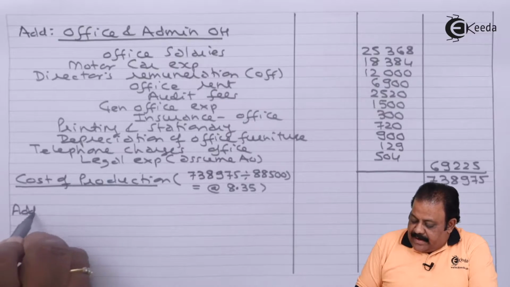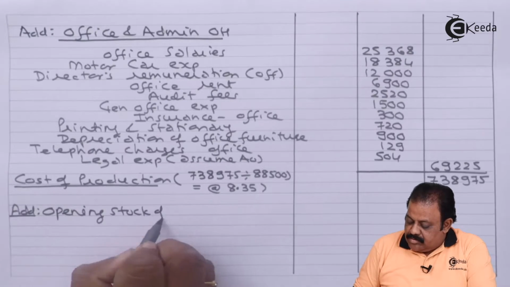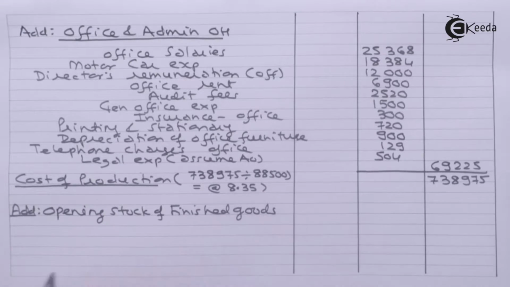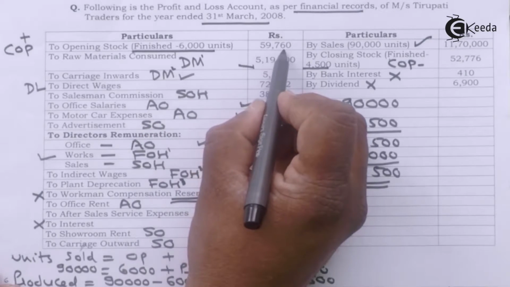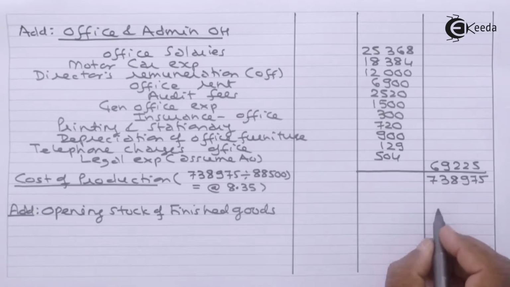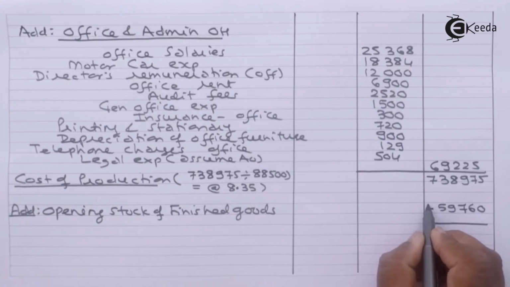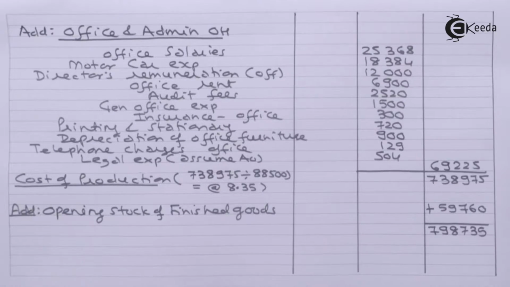To this we are going to add opening stock of finished goods 6,000 units, value 59,760. So it will be 7,98,735. From this we are required to deduct